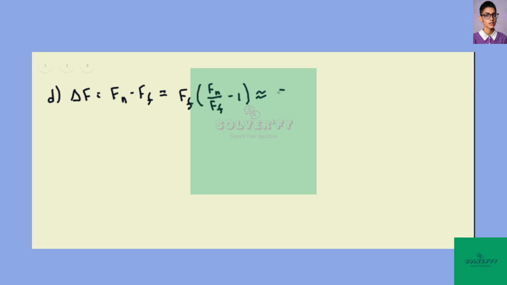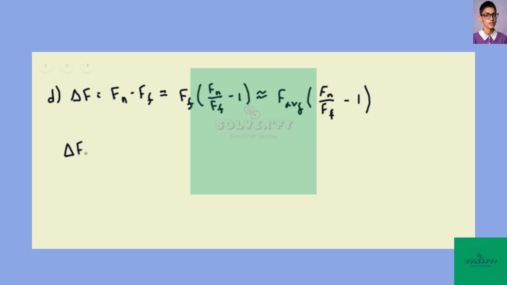And then we're going to say that the force on the far side of the Earth is approximately the same as the force at the center of the Earth. So the force difference for the moon divided by the force difference for the sun